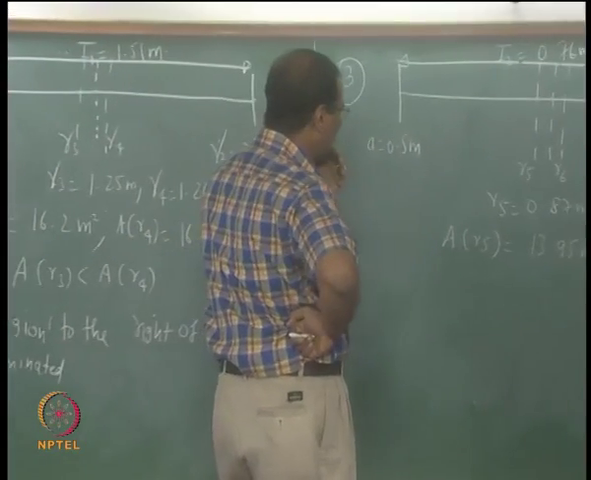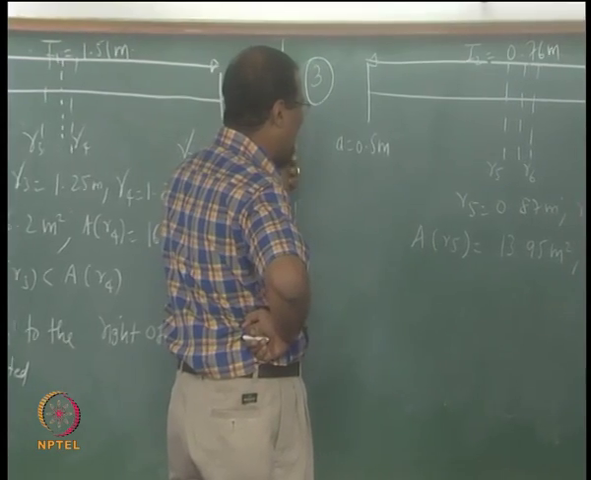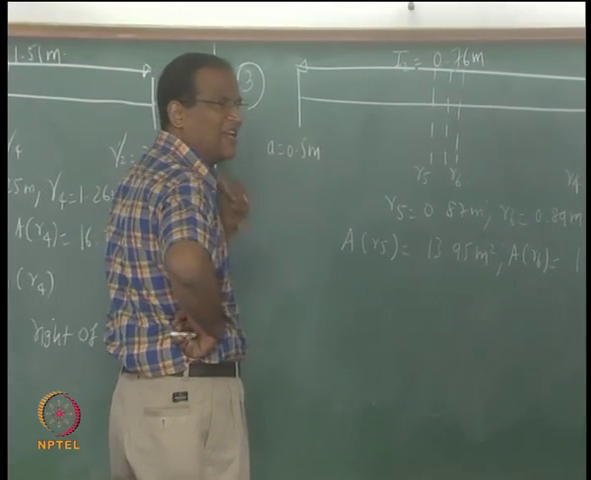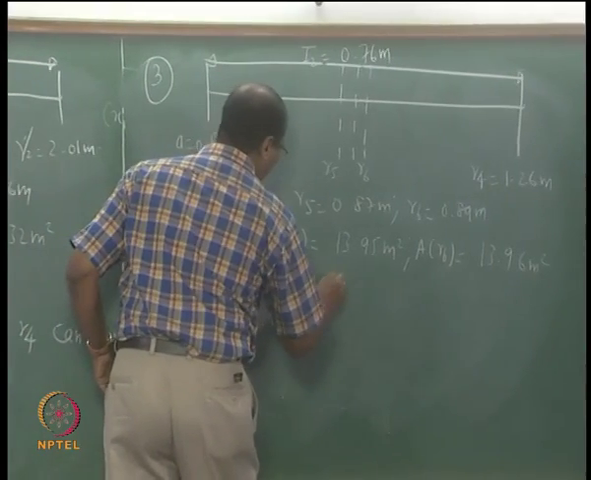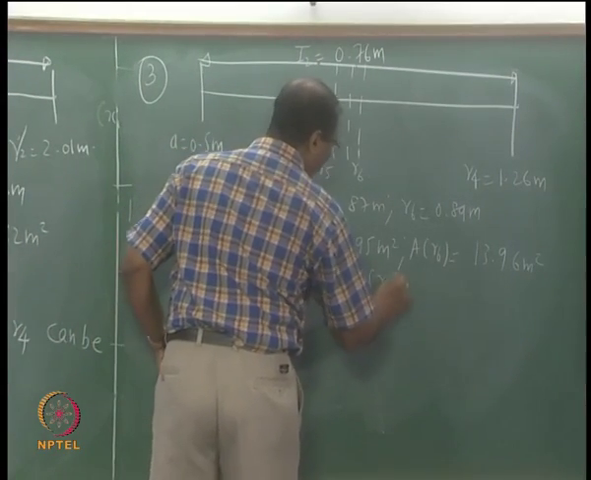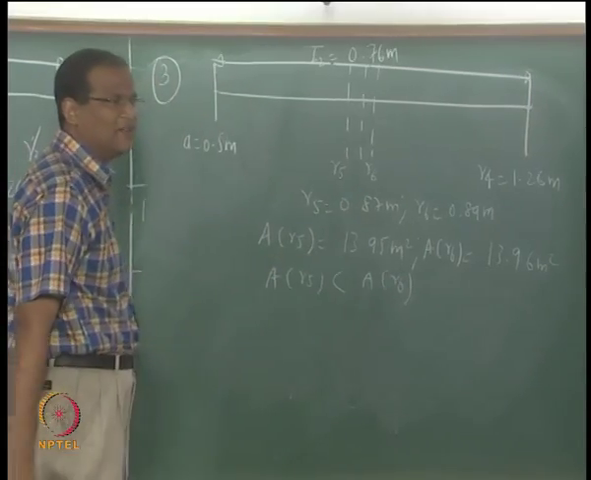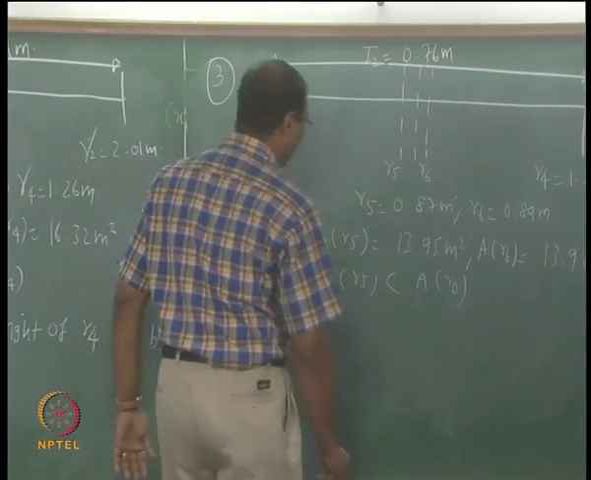So what do we say? Again A of R5 is less than A of R6, right? Always the region to the right is eliminated, is it? That is very bad. Okay. So region